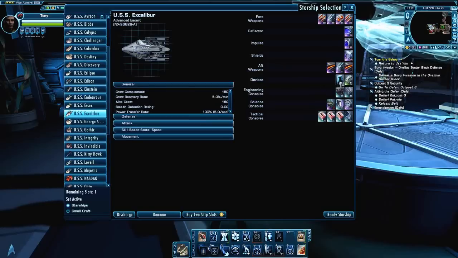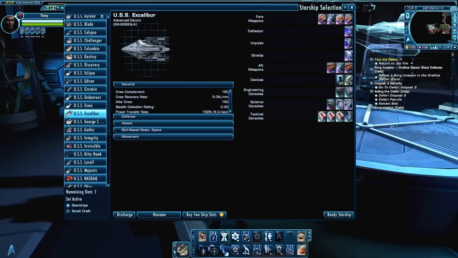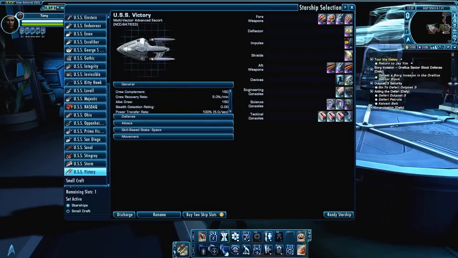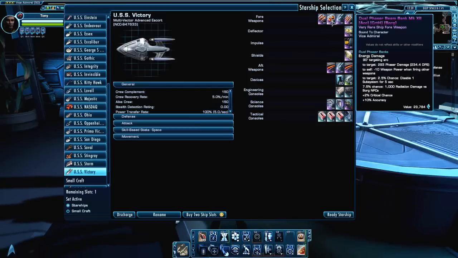Now, on every ship I also use devices. I always use a weapons battery and a deuterium surplus. Makes it easier. This is a multi-vector assault ship, and so is this one as well, the Victory. And as you see, I'm using the Omega set. Cannon, beam array,